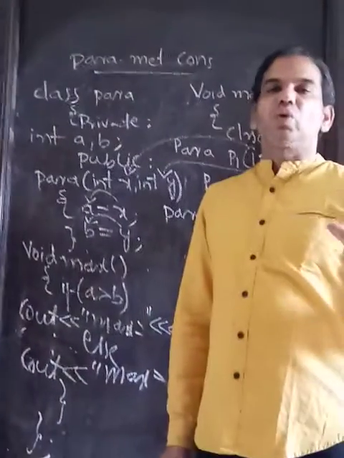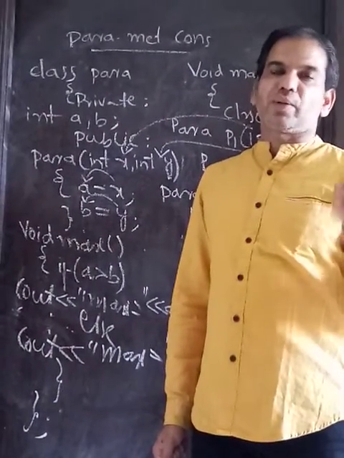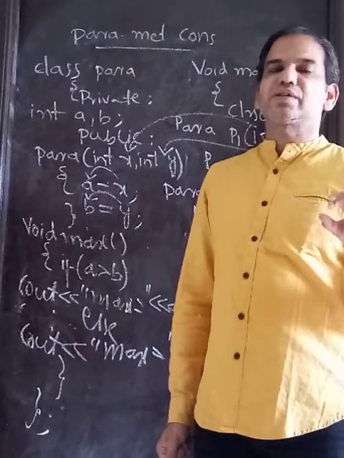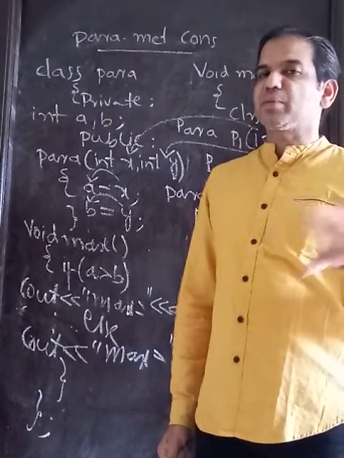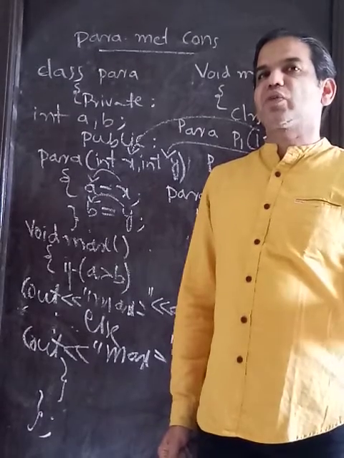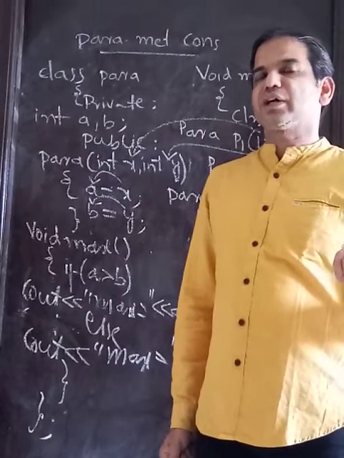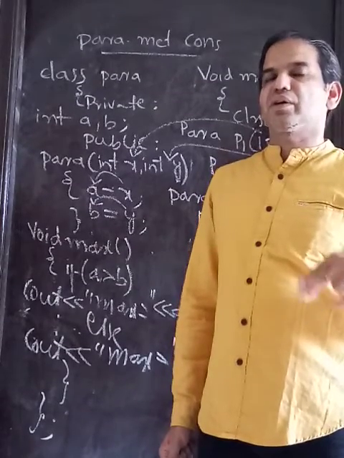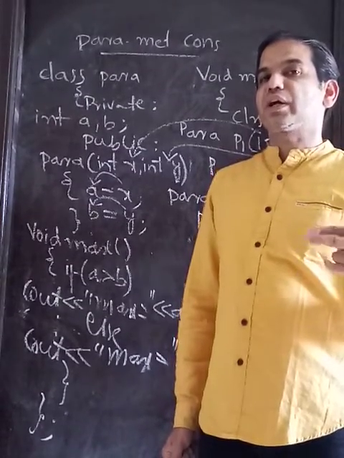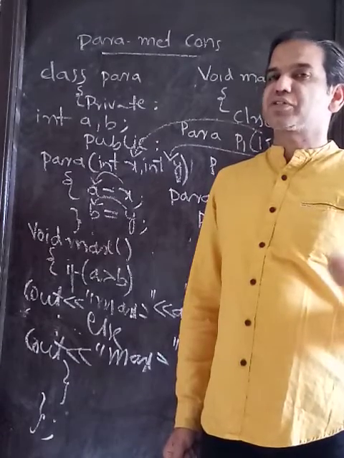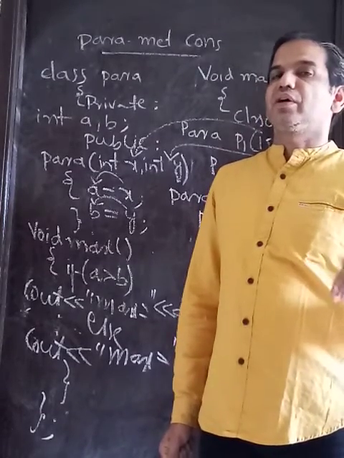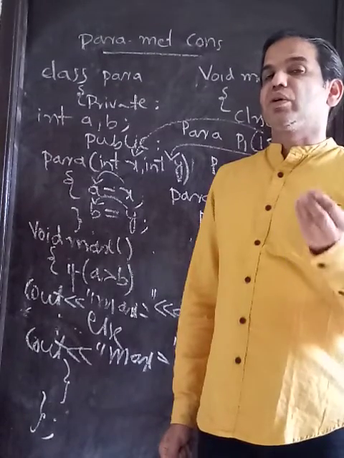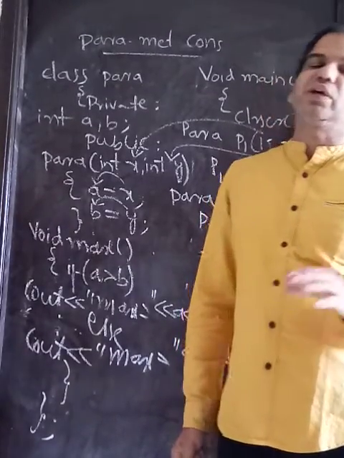Now the next one is the overloaded constructor. In C++, function overloading is similar. In function overloading, the same function names are there but the class is different. In constructor overloading, the class name and member function names are the same. After discussing constructor overloading, the same concept we will convert into method overloading or function overloading in C++.